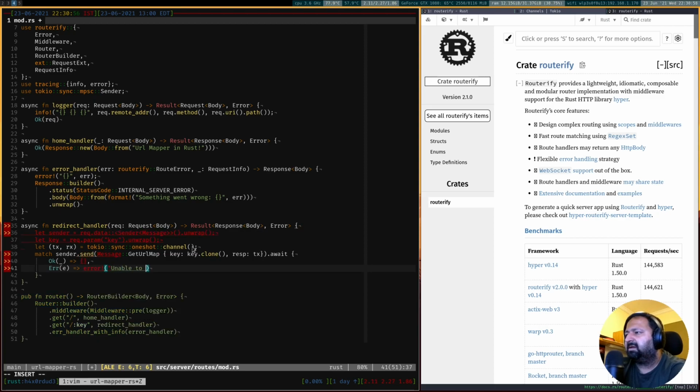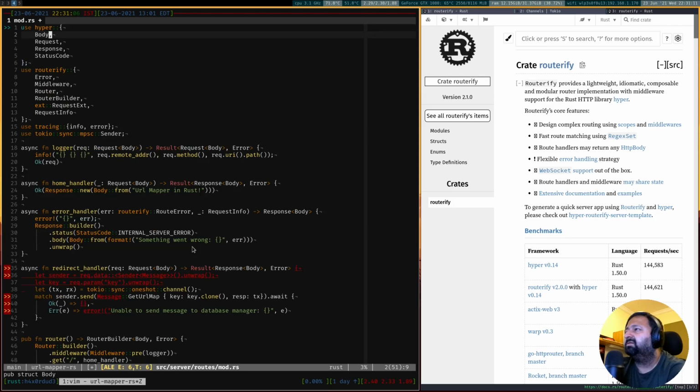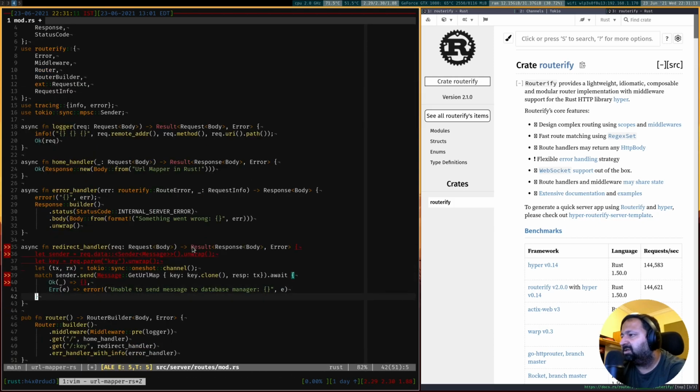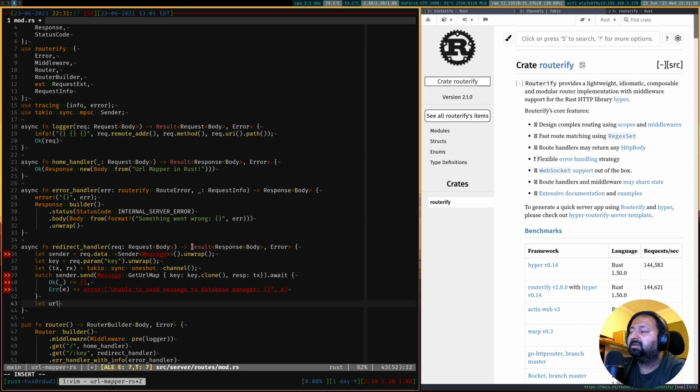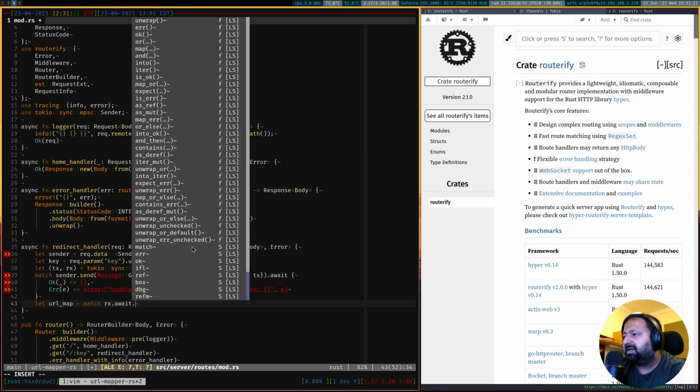Say unable to send message to AWS sender manager. So we have the error. Okay, so now let's get the URL map. The URL map, we can get it from Rx.